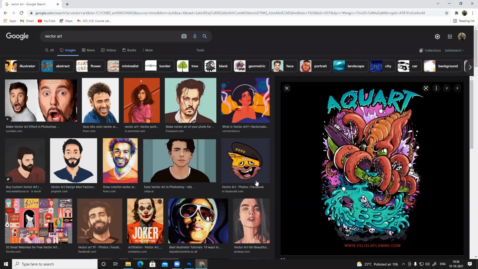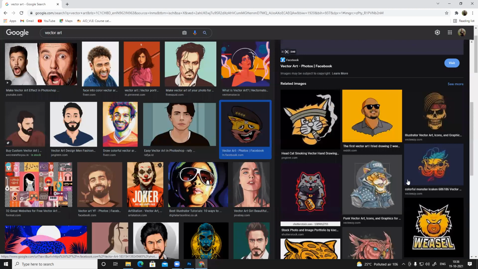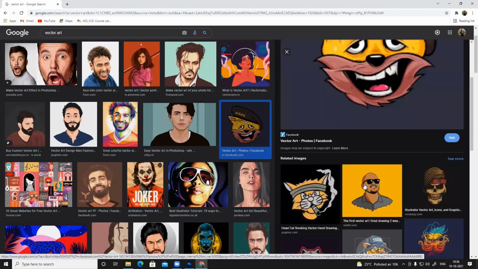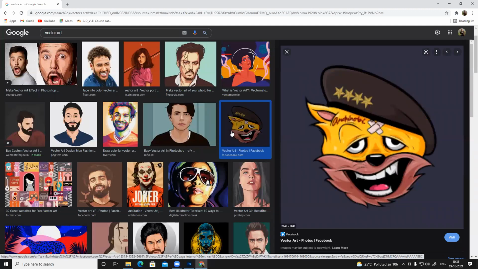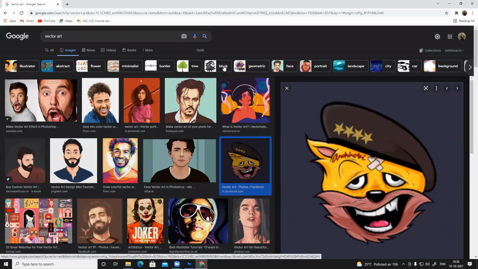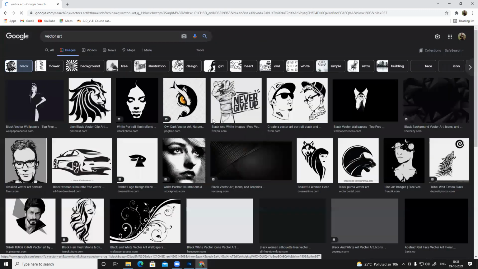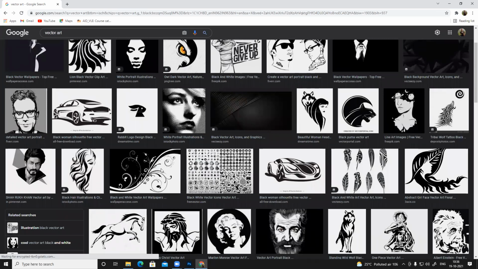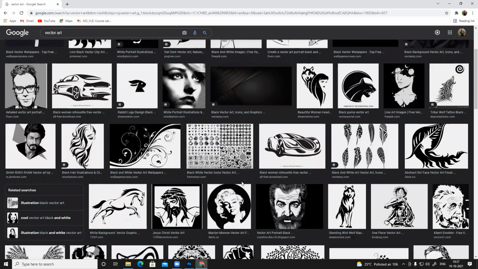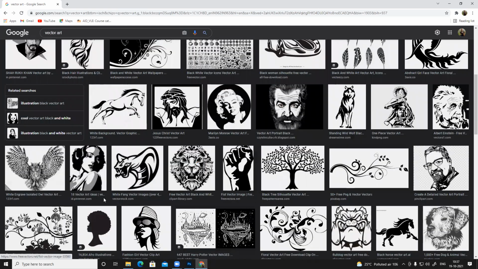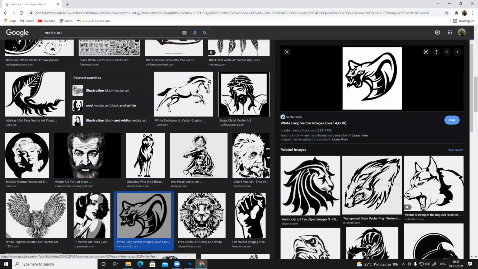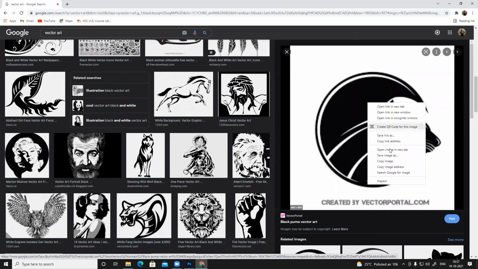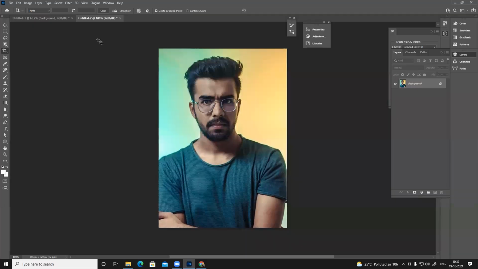Anyways, let's create something a bit simple, not very complicated. Let's initially start with this. This looks nice actually. But let's see, I'll do it later. Initially, let's start with something simple, very basic, so you can understand the process and all the tools, then you can create something a bit complicated. Oh, this looks nice. Okay, let's create this. So copy this image.